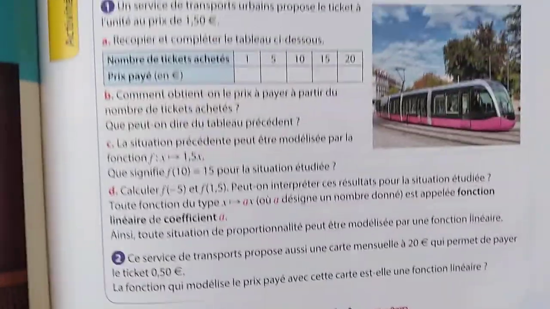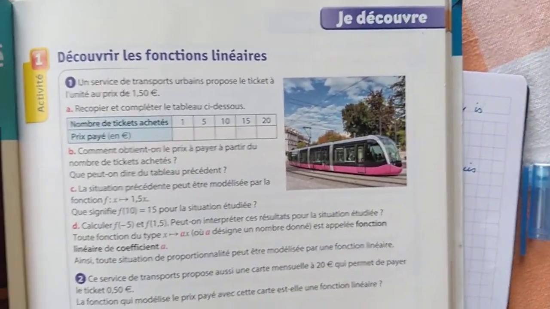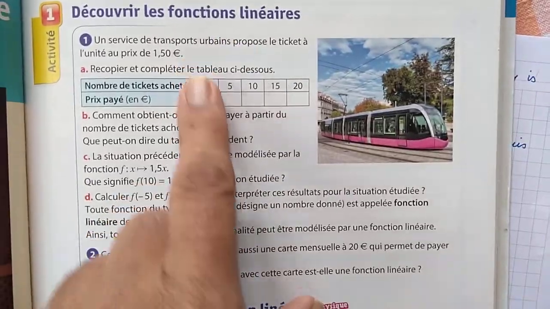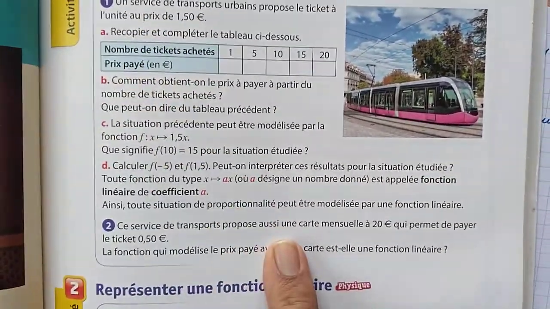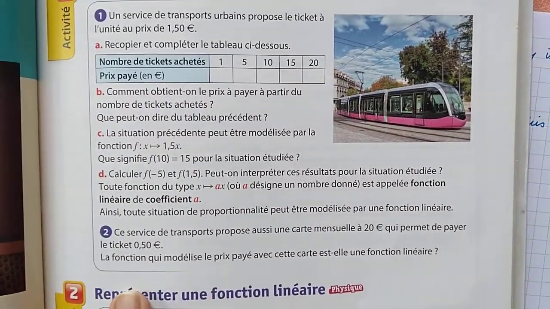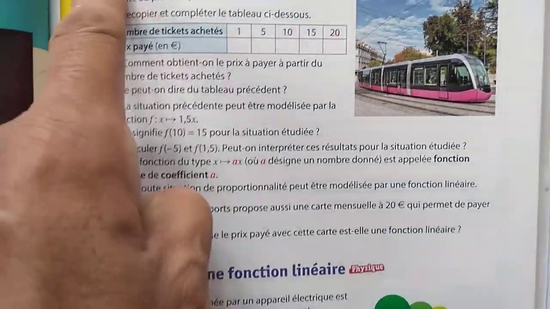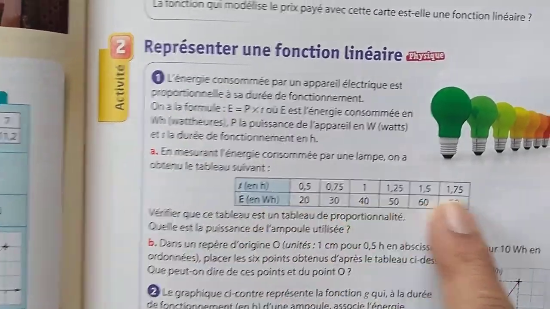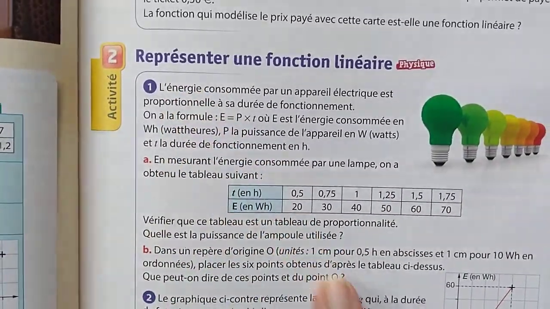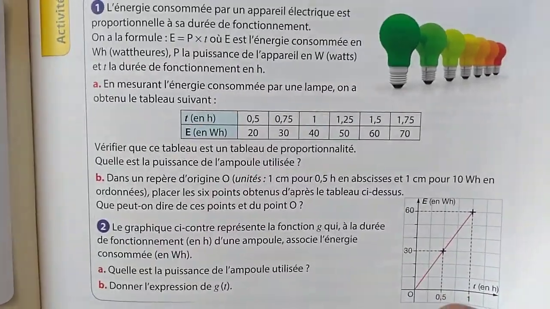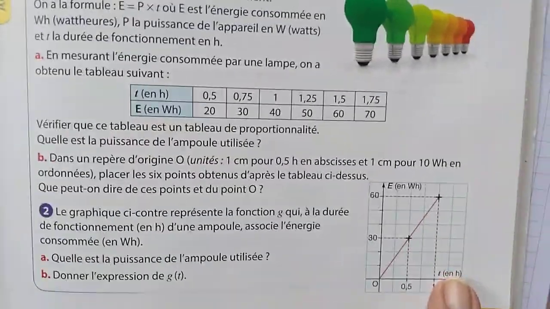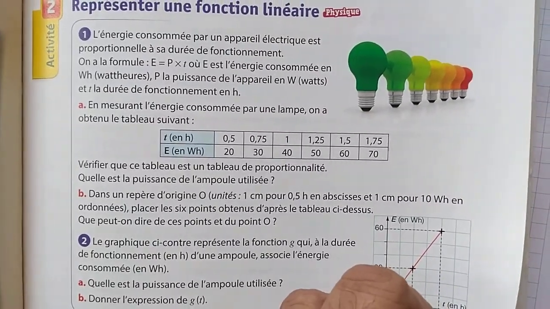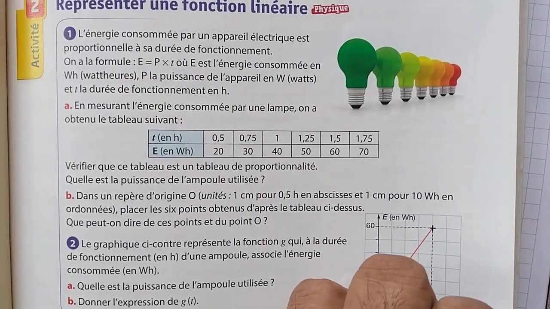Okay, then you have problems here. This is on page 99. Découvrir les fonctions linéaires. Read this and see whether you understand it. Again, these are solved at the back, I think. Yes, because they're colored in red. And then représenter une fonction linéaire. Again, these are the sort of things I've already given you. You can do this. And of course, they are drawing graphs here for the fonction linéaire. I didn't do that in my examples, because that was fairly simple to do.